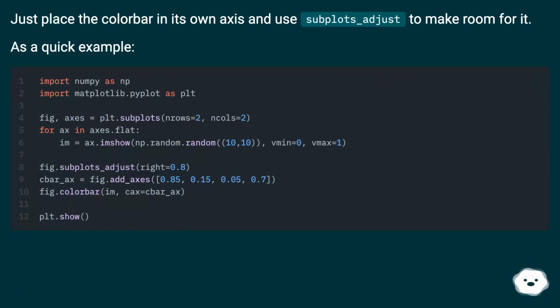Just place the color bar in its own axis and use subplots_adjust to make room for it. As a quick example,